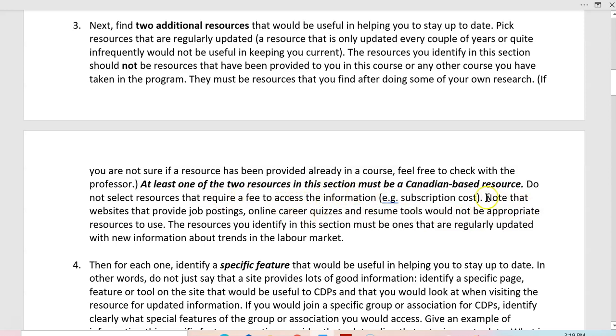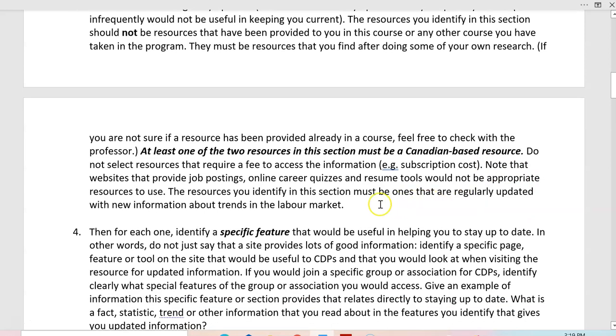And just another point and a tip that I want to emphasize for you in doing this part of the assignment is to note that websites that provide job postings or online career quizzes and resume tools would not be appropriate resources to use for this part of the assignment. I sometimes will have students submit a website like Indeed, and they'll say that, I'll look at job postings on Indeed on a regular basis. That does not really keep you up to date on trends unless you have the capacity to look at every